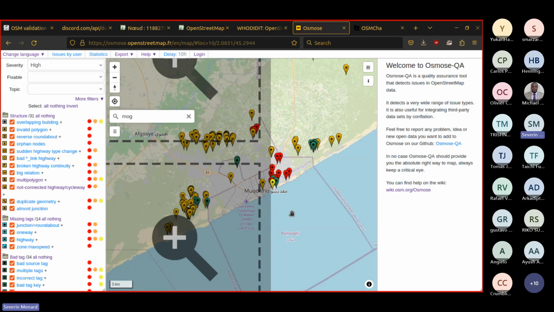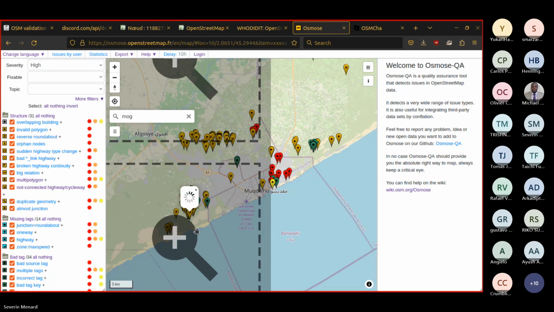It will detect that, and it doesn't matter if it's from a beginner or a very experienced mapper, it needs to be detected and cleaned. That's why Osmos doesn't have this filter by contributor, because it just detects potential errors per se, for example a name that is misspelled.